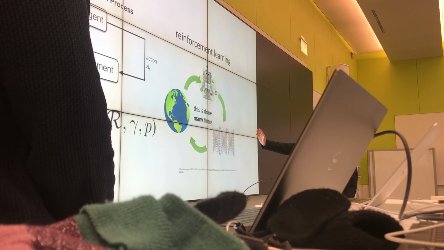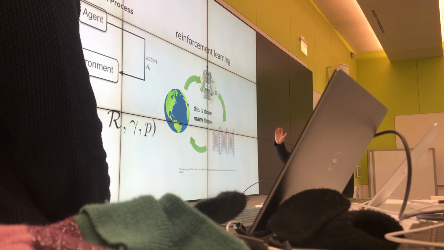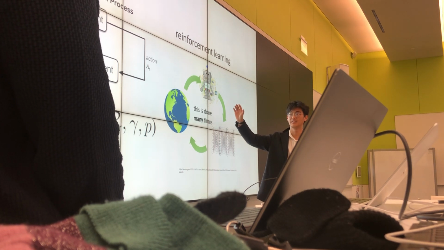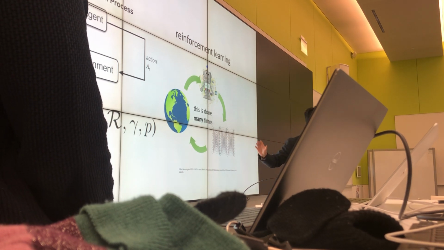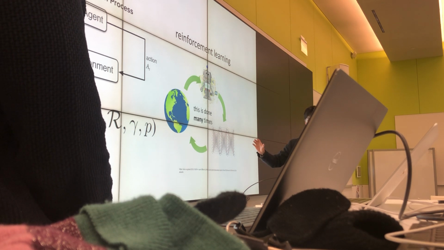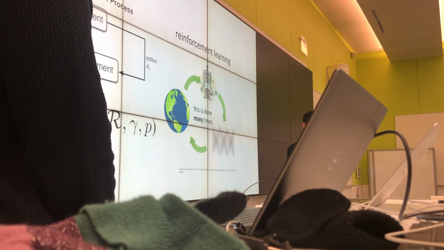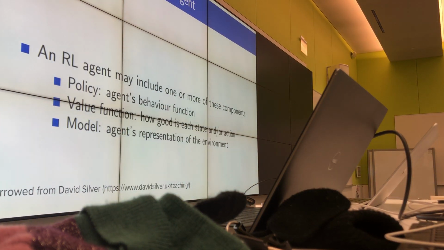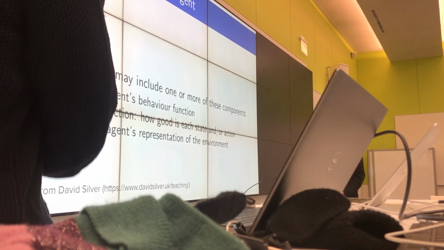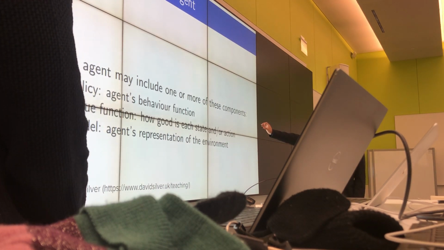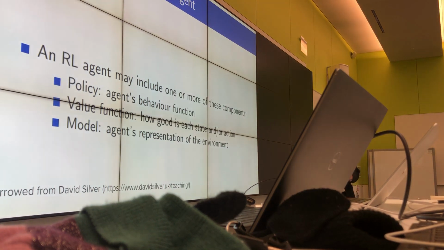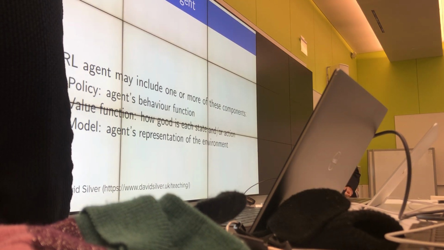And then people have extended this to deep learning. So in deep RL, we have an agent that has some data set, and then we parameterize this agent with a policy network, like a deep neural network. This is the setup that's used in AI Economist. There are a lot of different ways to create an RL agent. In this paper, they use something called a policy network. You also could create something called a value function, which tells you how good each state is. AlphaGo does this. They use a value function as well as a policy network.